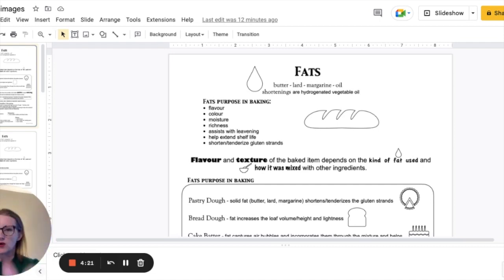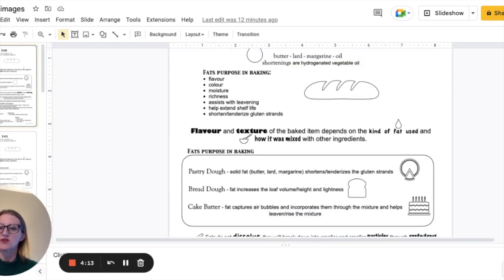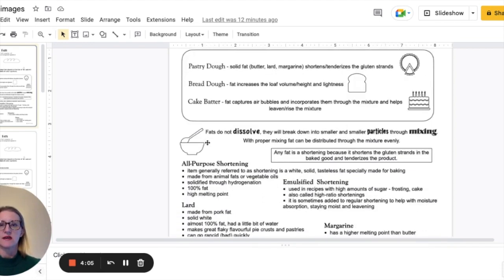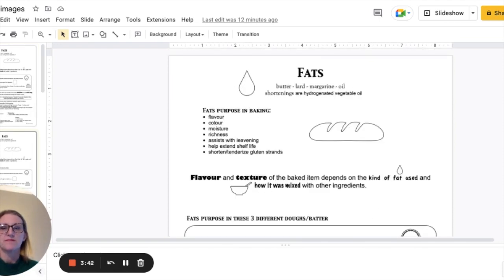It talks about their purpose in baking in the first section, and then a little bit more on pastry dough, bread dough, and cake batter, what the fats do in those different situations, and the dissolvability or non-dissolvability of fats, kind of their breaking down during the baking process and mixing process. And then it goes item by item. So shortening, lard, oil, emulsified shortening, margarine and butter,